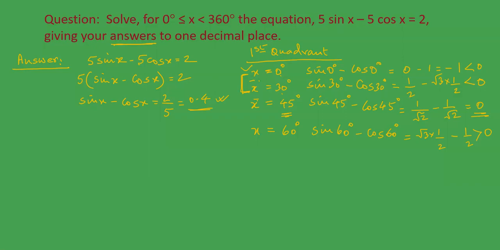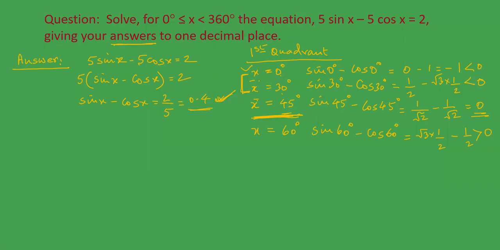So we are seeing that x cannot have a value which is less than 45 degrees, because sin x minus cos x should be a positive value. So it should be an angle more than 45 degrees. We have understood up to this point. Okay. And obviously if I take x equals 90, sin 90 will be 1 and cos 90 is 0. So 1 minus 0 is again a positive number, 1. So it's fine. What about the second quadrant?